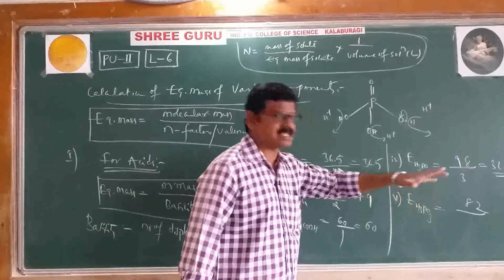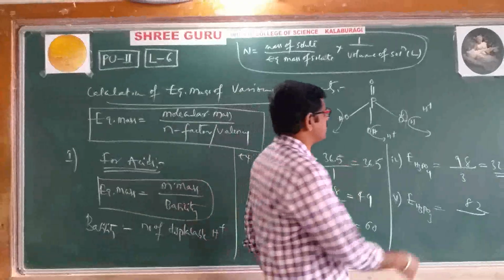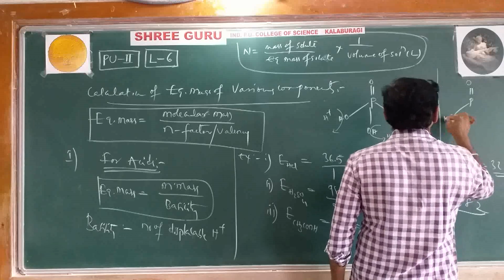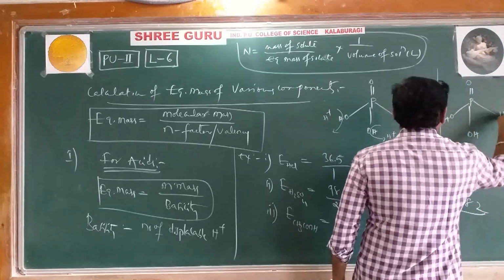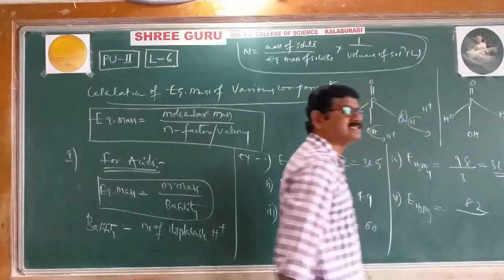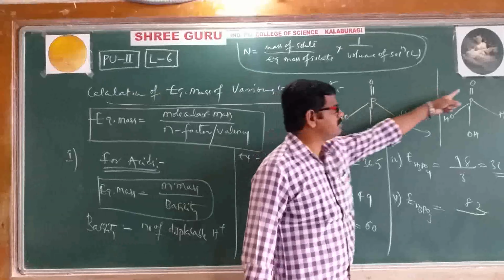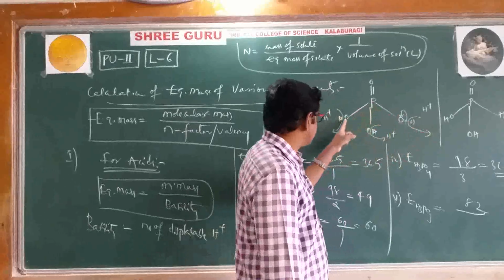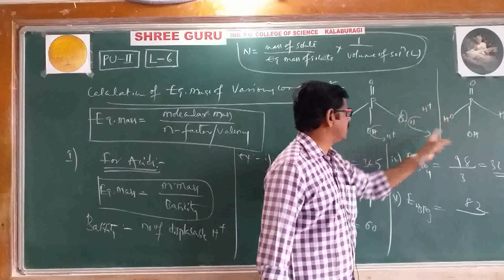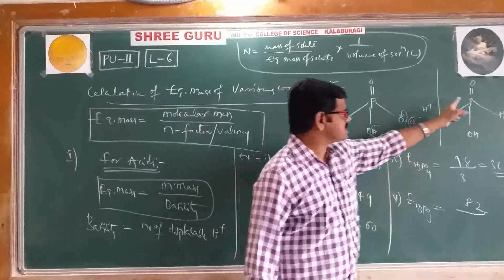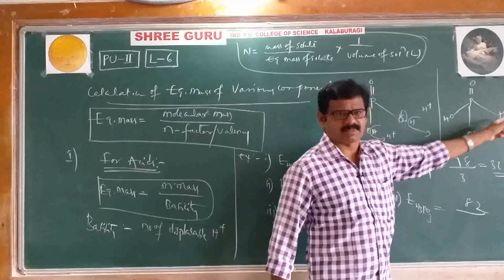Now our target is H3PO3. For that purpose also I'll give you its structure: P double bond O, OH, OH, H only. Now we'll see the difference between both the structures. P double bond O, no doubt. Then OH, OH, but here there is no OH, just H is there. It is a P-H bond.